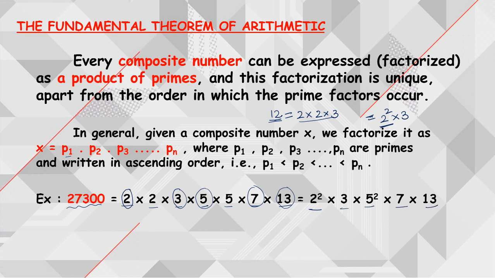So this is nothing but the prime factorization. We call it prime factorization, and the fundamental theorem of arithmetic also states the same thing. Every composite number can be represented as powers of products of primes, irrespective of their order of writing. Now, using this prime factorization, we are going to deal with the LCM and HCF.